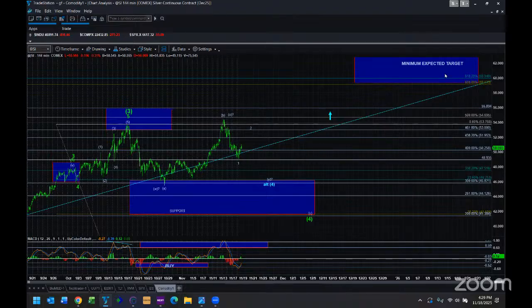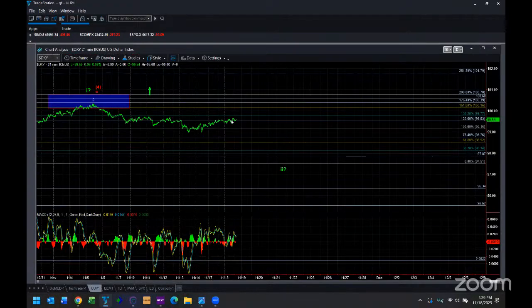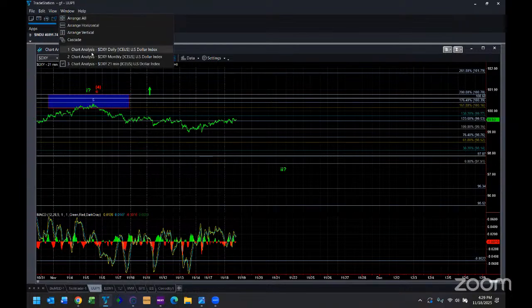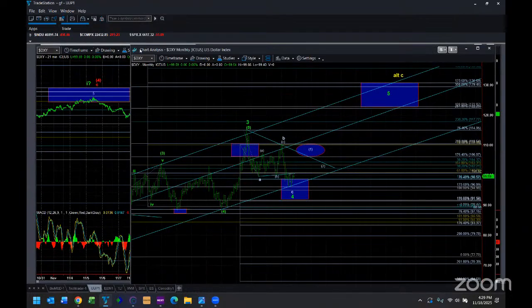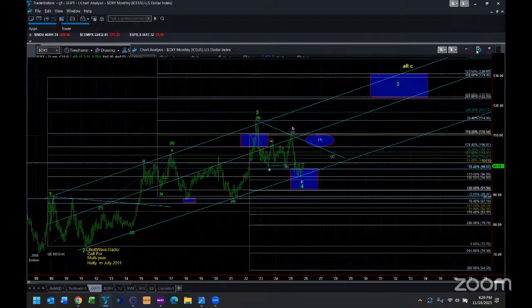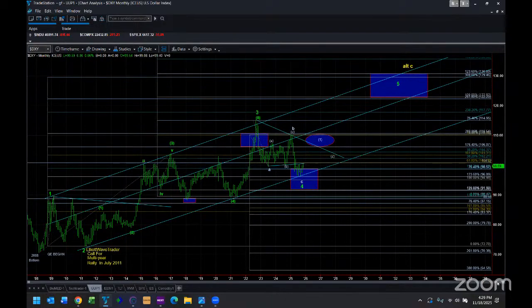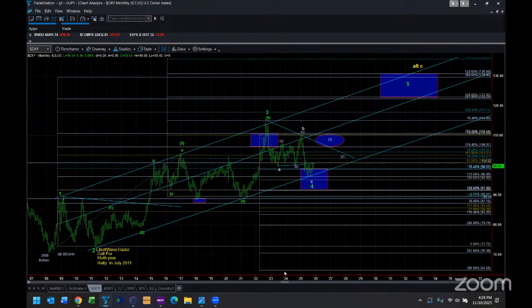Another viewer is writing in, do you expect the US dollar will no longer be the world's reserve currency? And if yes, when do you expect this to occur? Well, this is the common expectation about the US dollar. I've heard the US dollar is dead more times than I can count. And because I'm balding, probably more times than I have hair on my head at this point.